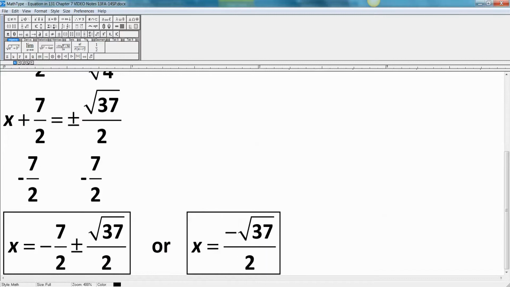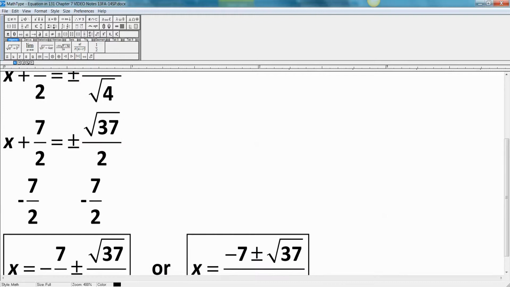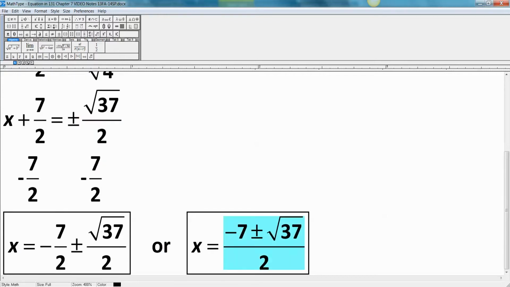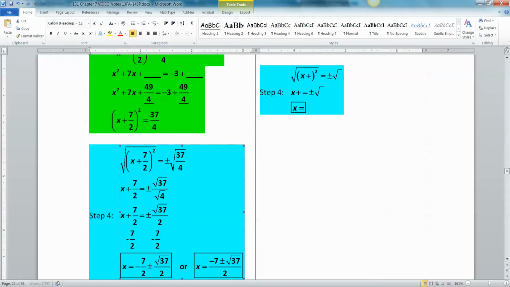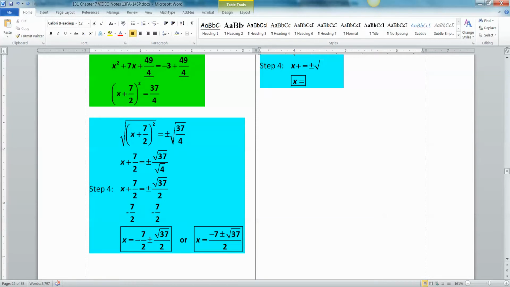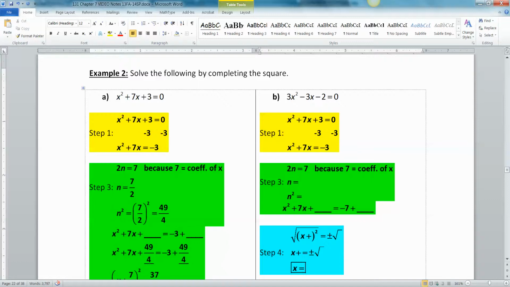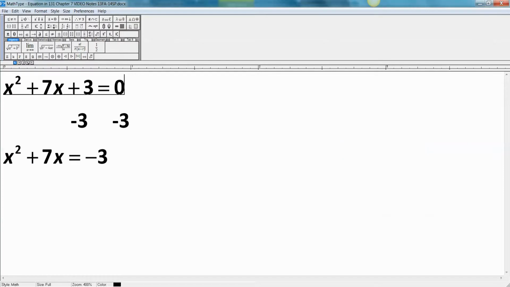There you go. Negative 7 plus or minus 37 over, because it's all over the same denominator. Either one of those is completely acceptable to me. There we go. All right, last one, going to be the hardest one because we don't have a leading coefficient